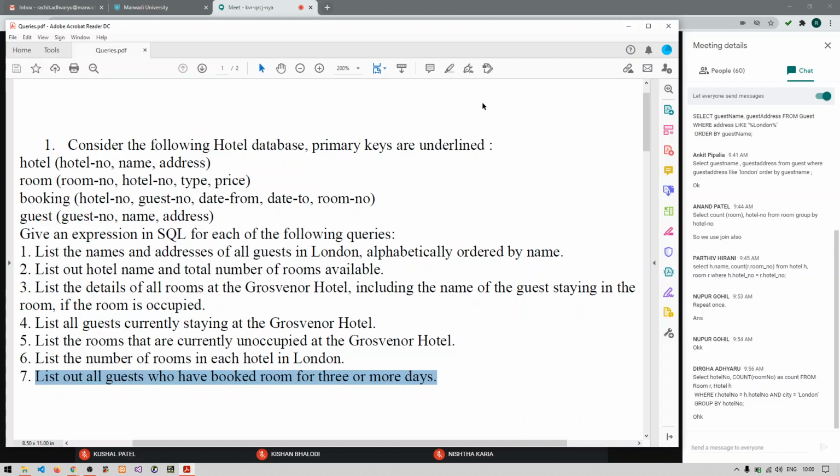What can be the answer of this? It's quite easy. Anyone who can give the answer of this?